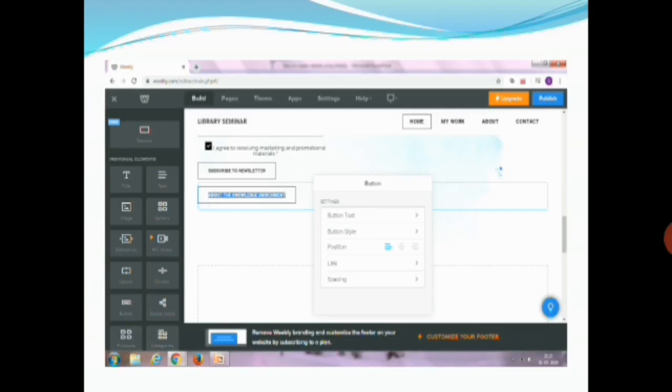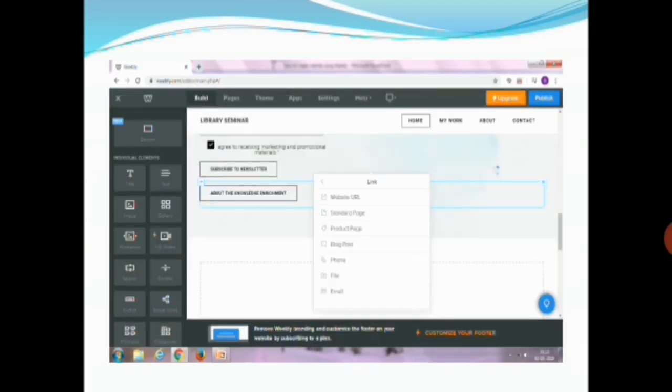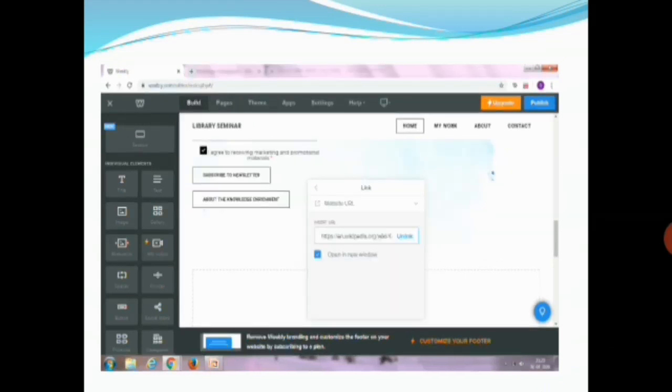You just click the link button and you can link some other information related to knowledge enrichment. Click website URL and type the URL ID, https://wikipedia or encyclopedia in knowledge enrichment, and you just click the open in new window button. Once you click about the knowledge enrichment, automatically it directs to the Google page.